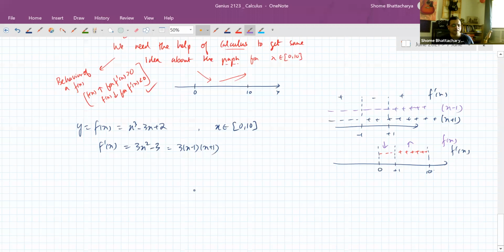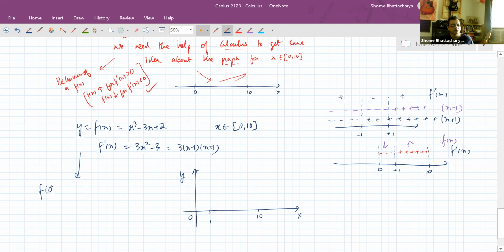So without drawing an exact graph also, I can say that when I'm taking the specific values of x between 0 and 10, I need to pay attention to the point x equal to 1, because the behavior of the function is changing in between. Okay. So what I need to analyze